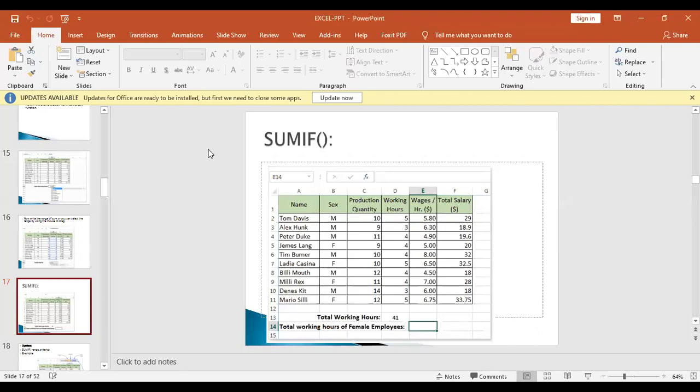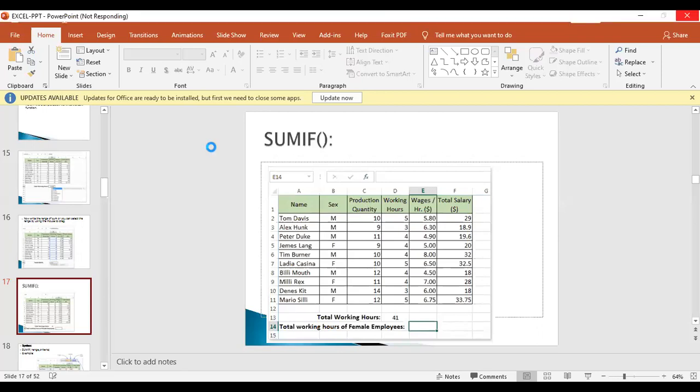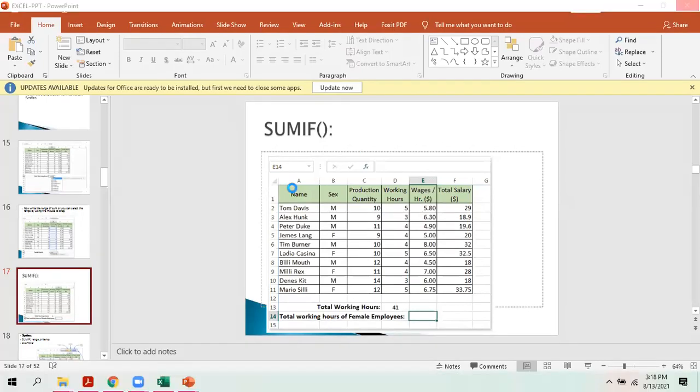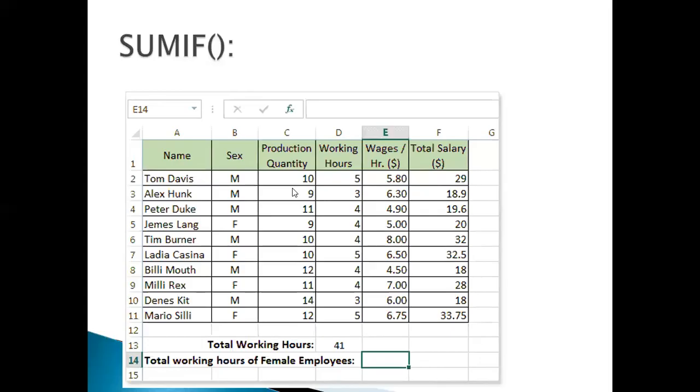In the last lecture, we went through the different things related to the Excel sheet, MS Excel, or you can say spreadsheet software, and what the different mathematical functions related to it are.